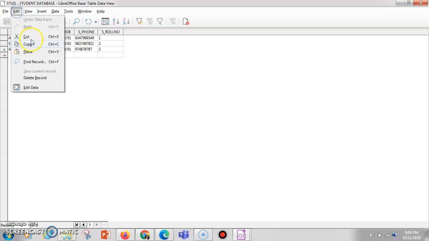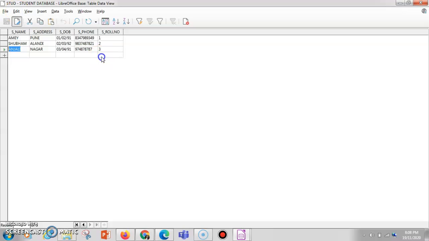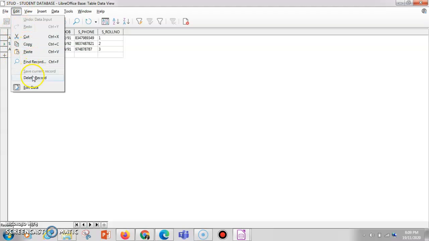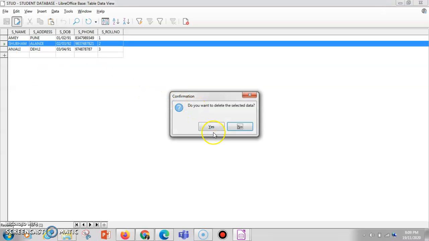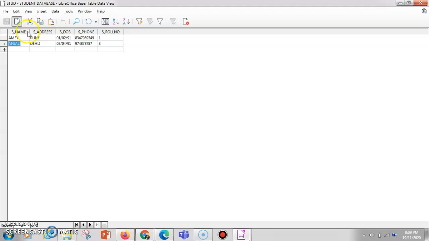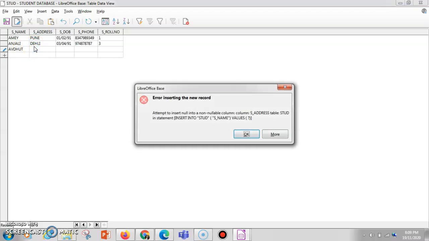Okay, so the edit has one more option of delete record. If you have made some mistake over here, you can just rectify it, and you can write some other thing on it. But in case you want to delete the whole record, just go in edit, go in delete the record. See, your record will get deleted. Whichever record you select, that particular record will be deleted. So this is how it is going to work. So you can add, you can edit, you can delete, you can make a table with the help of it.